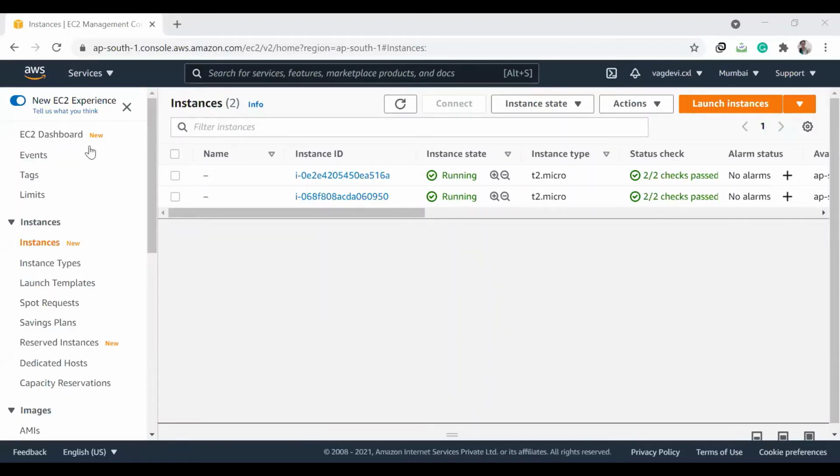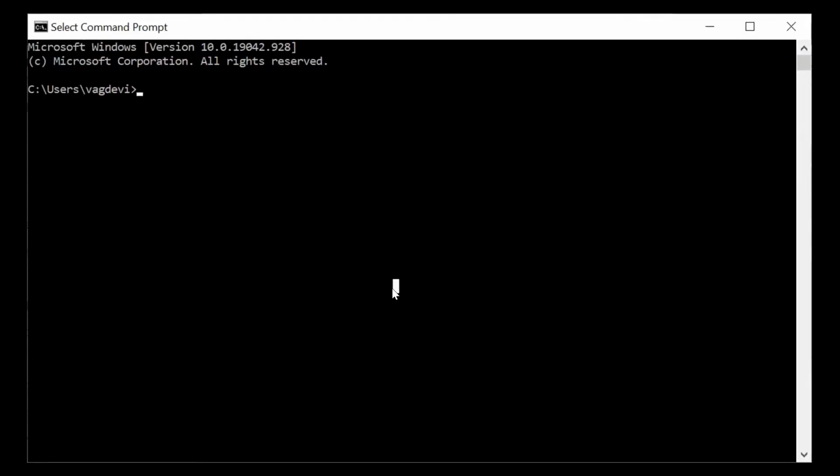Let us go to the command line. My key file is present in downloads, so I'm traversing to the downloads, and then I will be using a command which will help me to connect to the remote Ubuntu instance which we have launched right now from our command line. The command is like this: